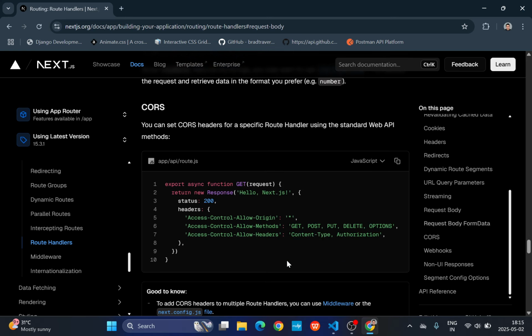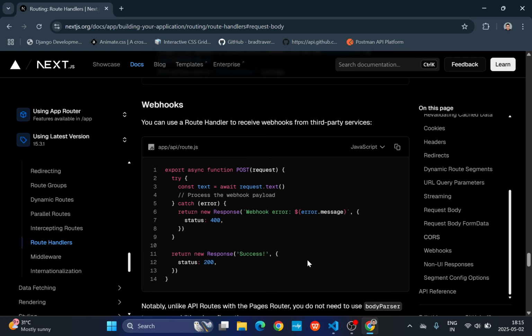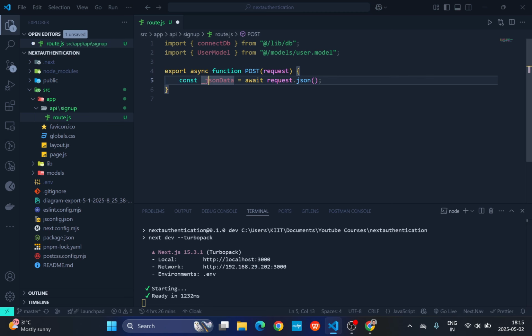so then we have the CORS. Now if you want to allow specific origins to have access to this route, you can enable CORS, but we will not be looking towards that. Okay, so this is the JSON data that we're extracting, and what we can do is